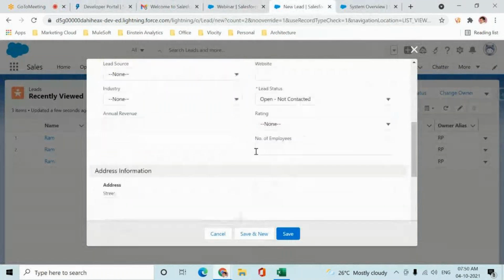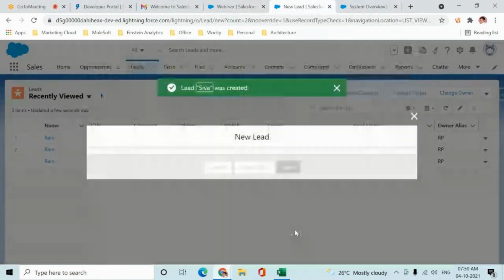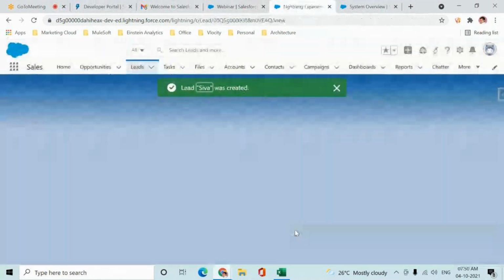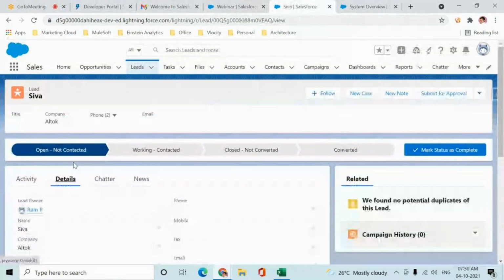Very small organization, but of course it's a good organization. And let's say he needs some 10 or 15 products. So I fill in the basic details. Okay. Now this is the inquiry.